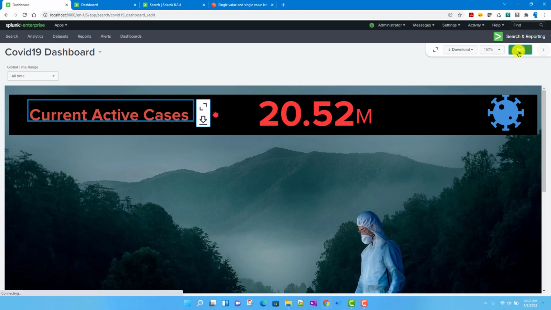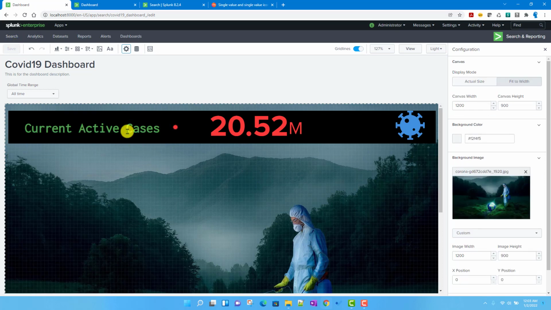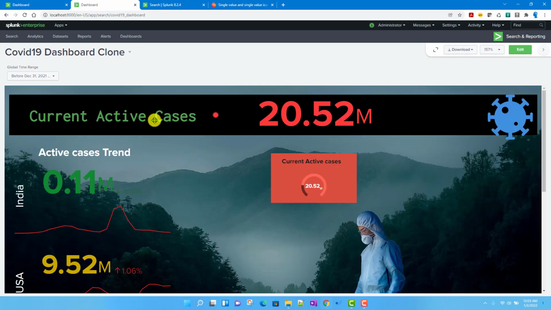I will go to edit mode, and for this one I will change the font color to green, and I can choose the font from the font settings. I think Splunk platform mono should be fine. This will make this text the same as what we are trying to achieve.